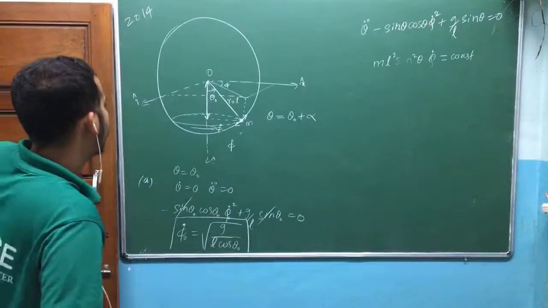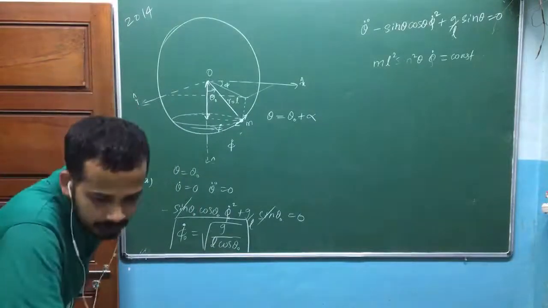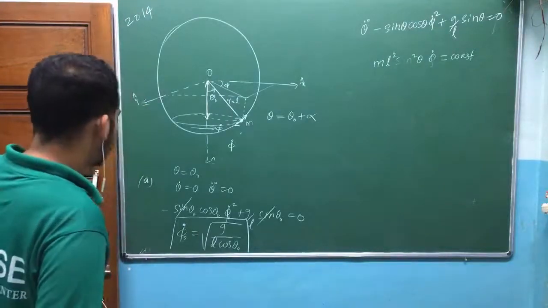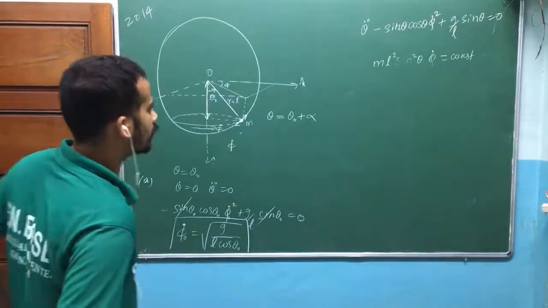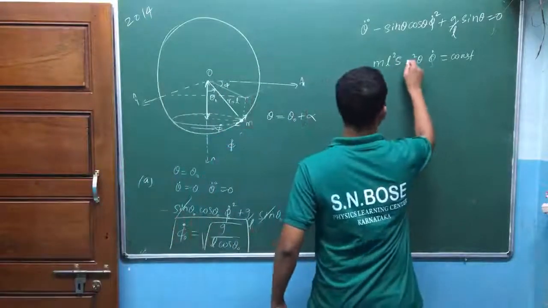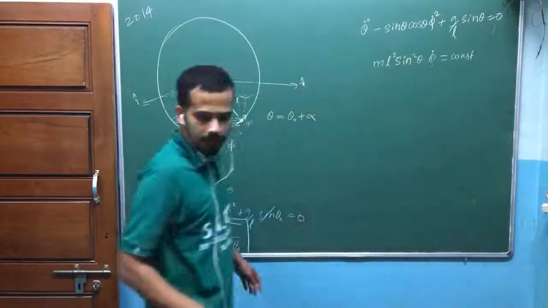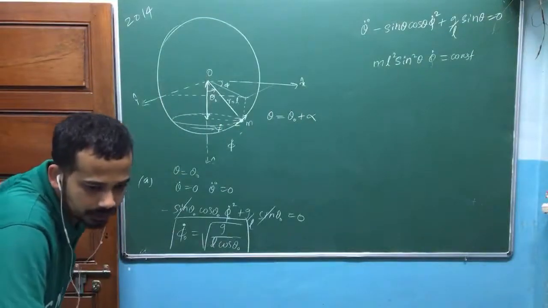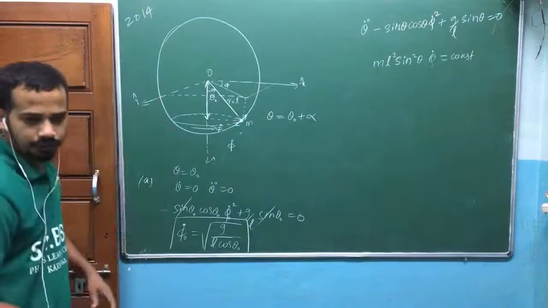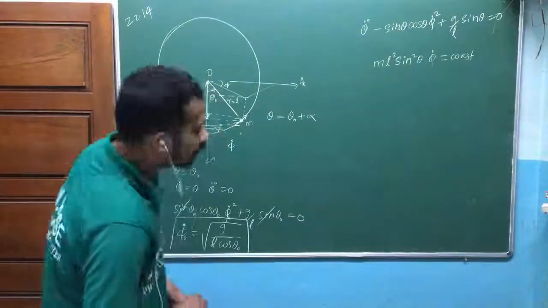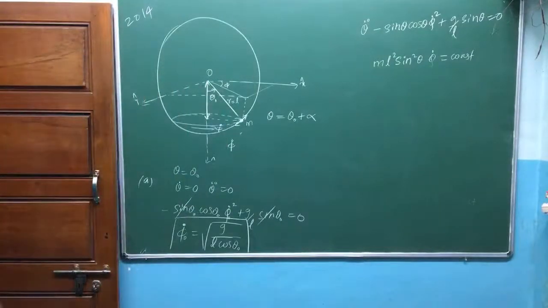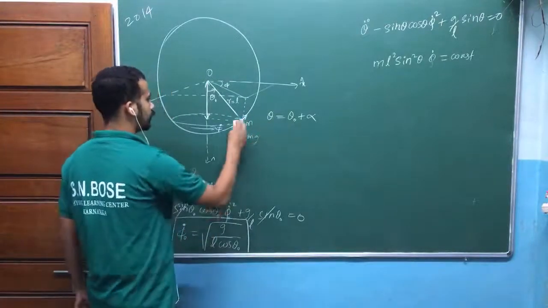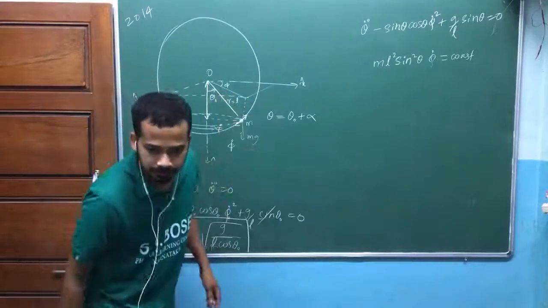Free body diagram. I think you are trying to apply Newtonian mechanics, am I right? I am trying to apply the Lagrangian technique here. Can you just post your doubt in Facebook? That's a good idea. Let me try to answer. I hope you are in the Facebook group. Again, free body diagram means I think you have taken this mg like that, and this tension and all, isn't it?